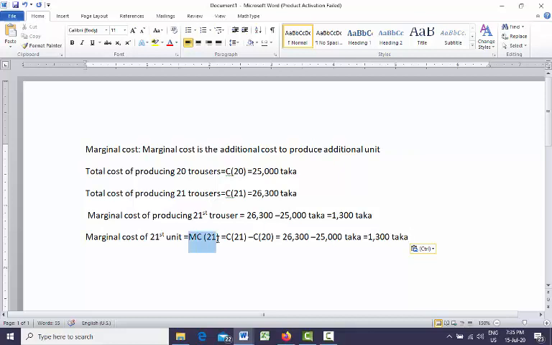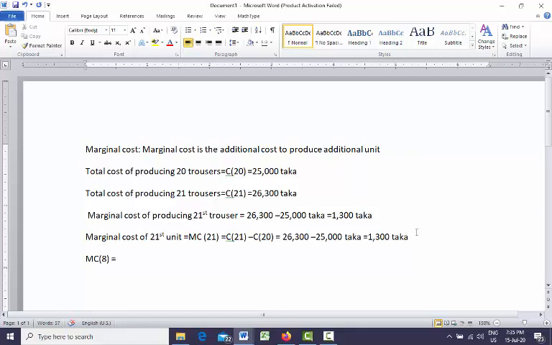If you want to find the marginal cost of the 21st unit, you need to take the total cost of 21 units minus the total cost of producing 20 units. Similarly, if you want to find the marginal cost of producing the 8th unit,